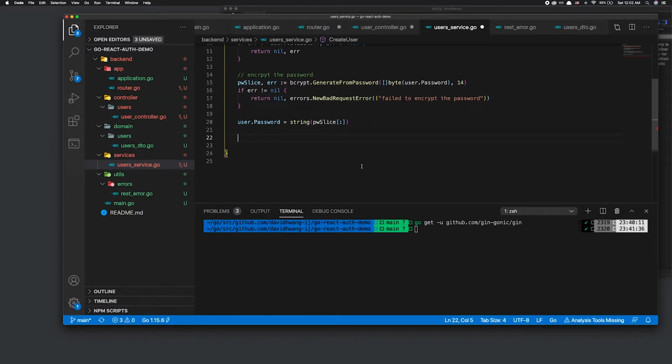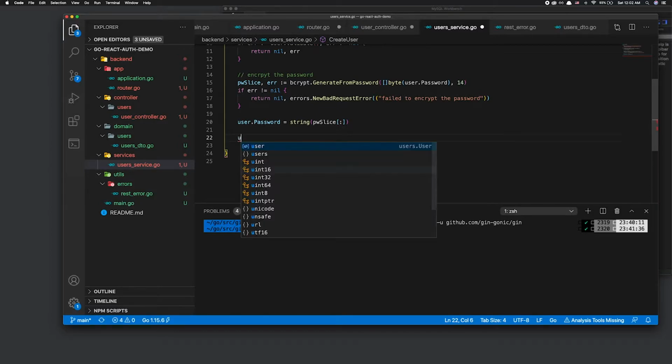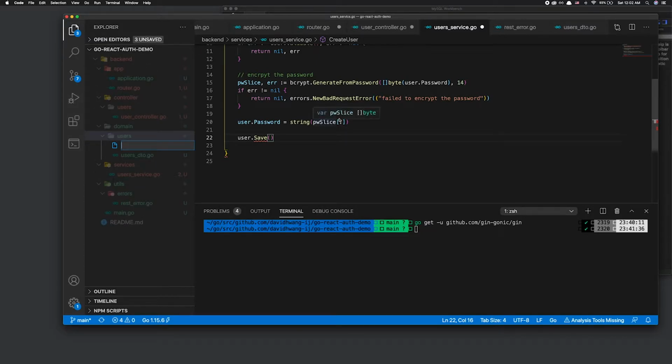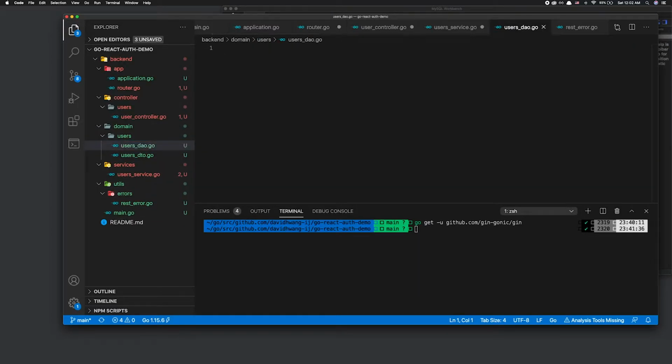And now that we have saved the encrypted password, I want to do user.save. And this save method is something we want to create in the data access object. And we will create data access object in the same package we created the data transfer object. So here, simply create users underscore data access object.go. And data access object is where we interact with the database, and this is where all our queries would be in. So again, I'm going to name my package and create this